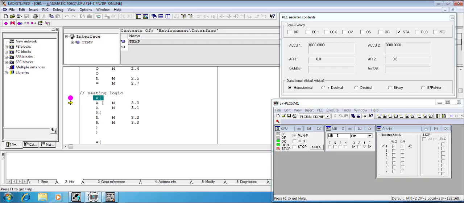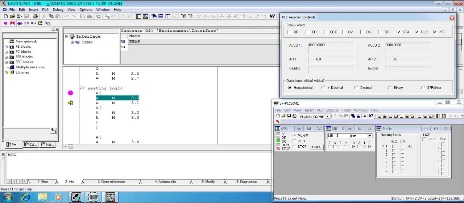Now let's move to the second instruction. And the second instruction is a basic AND instruction. So when this instruction comes, it will see that the first check bit before it was 0, so it doesn't need logic from the previous instruction. What it will do, it will just copy the content of M3.0 to the RLO, but M3.0 has 1 stored inside of it. So after execution of that instruction,